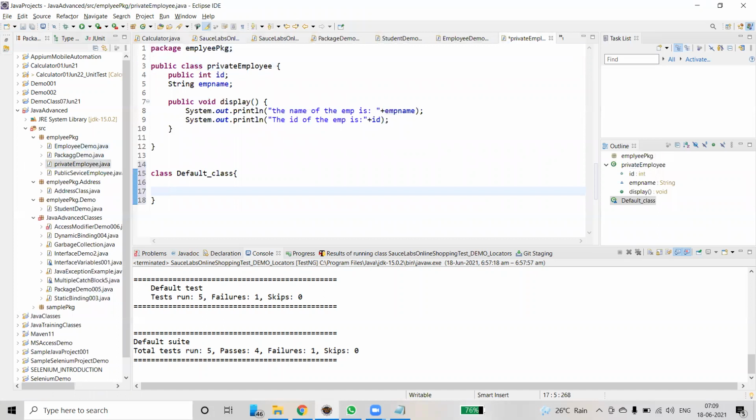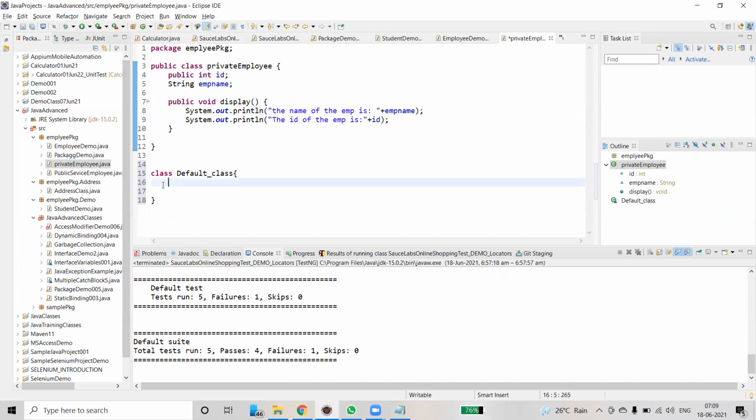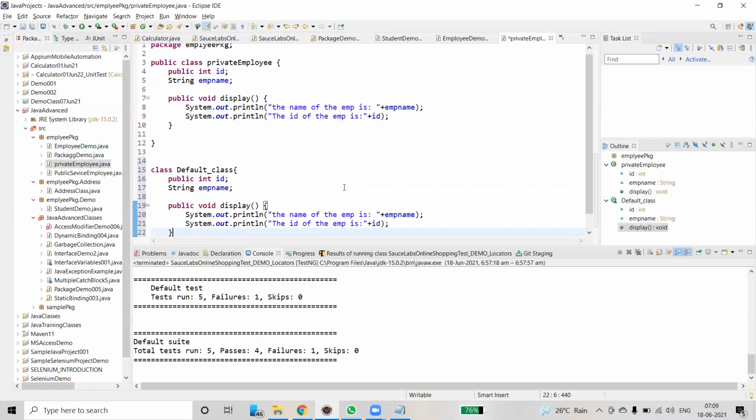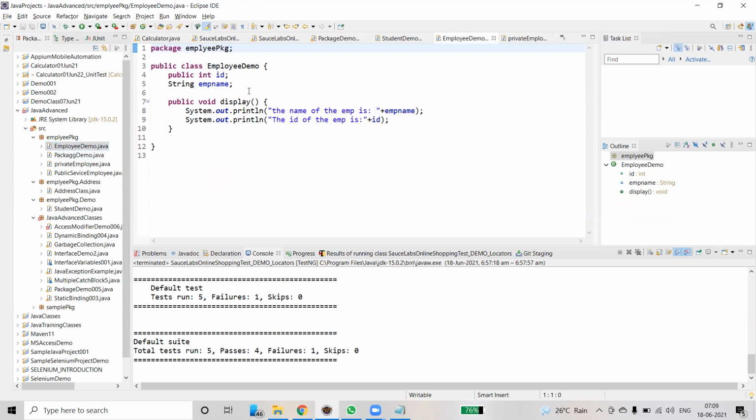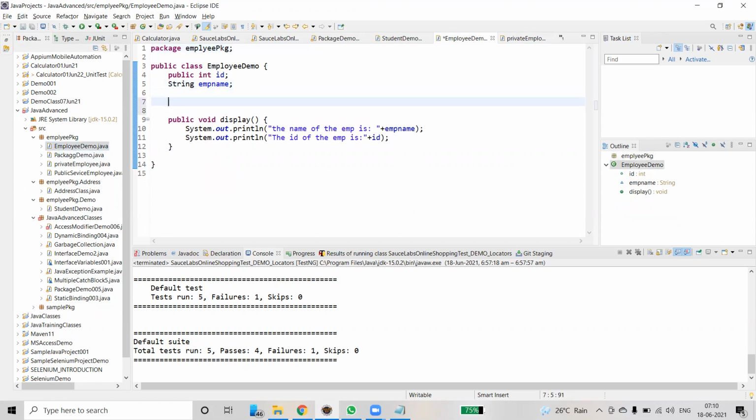Okay, so in a default class, we are going to implement certain functionality, right? So this is a default demo, and this is inside the package employee pkg. That's the package name. So shall we use this class inside the package? Of course, we can do that. Just go to employee demo.java, and here inside this class, I'm just going to create an object.